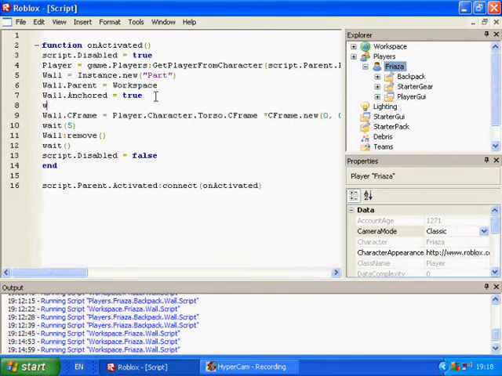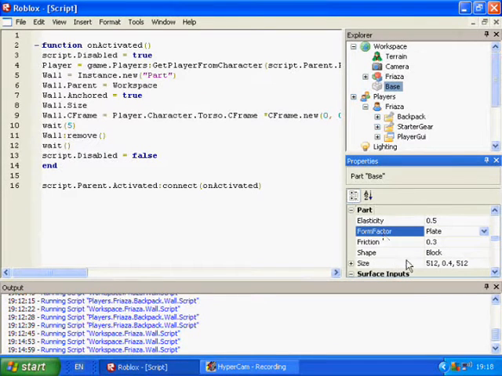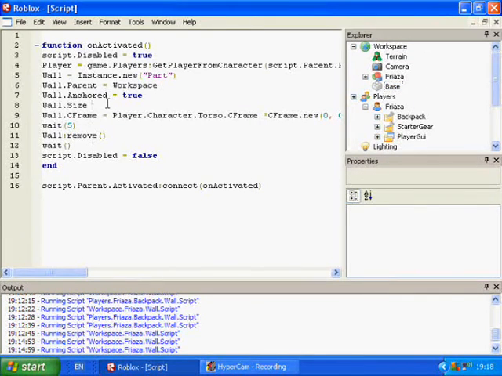But first of all, we'll want to resize the wall using wall.size. Let's use base to show you. Size is also a feature inside part. Of course, this isn't named part; it's called base, but parts, this section of that's here. So we can change the size here. The size of our base plate is 512 0.4512, which is pretty big, but of course our wall will not be anywhere near that big, so wall size equals, this uses vector3.new as well,